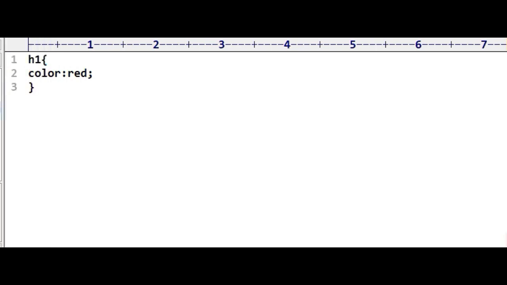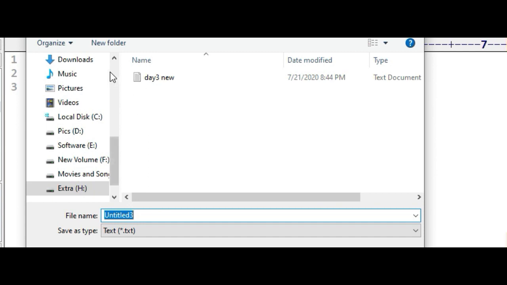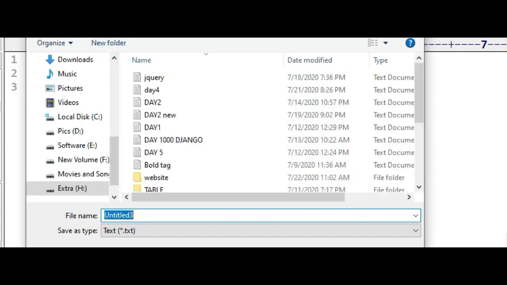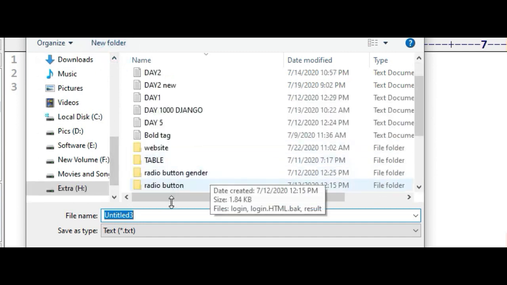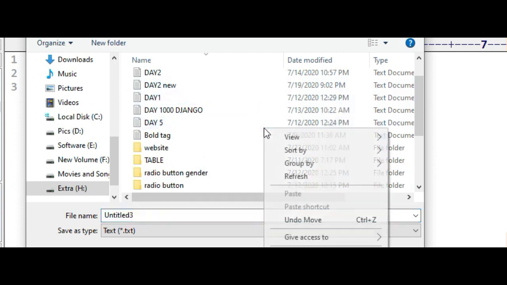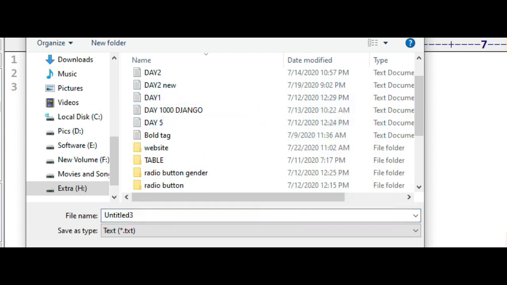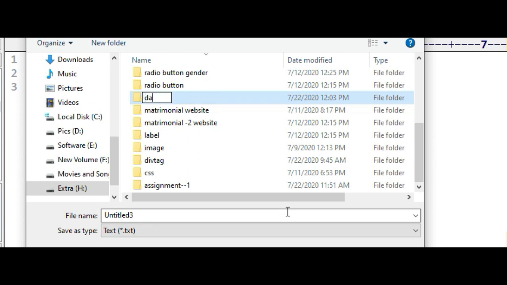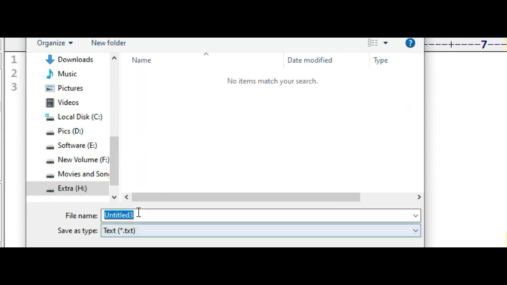Save as. So I am going to store this project inside a folder I am creating here. So day 3, I am going to save this in day 3 as style1.css.